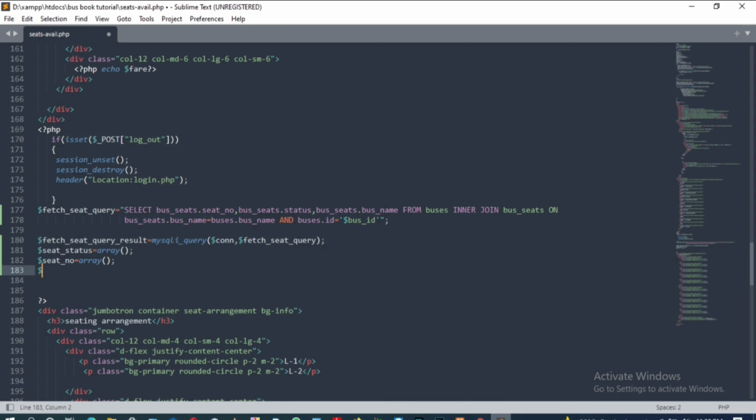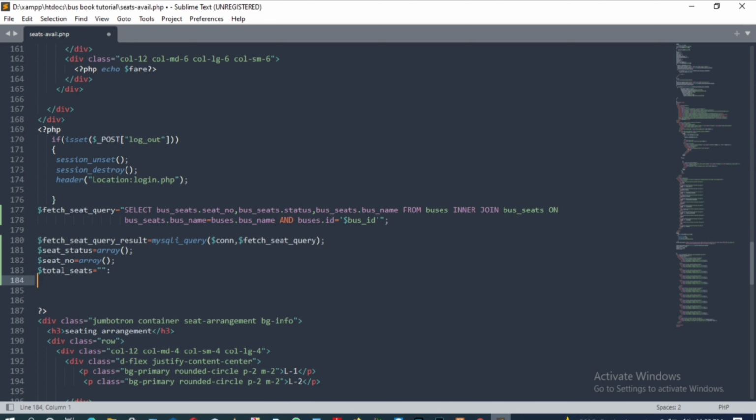And another variable is total seats to count the total number of seats, and that will be null. Initially we will assign some value later.